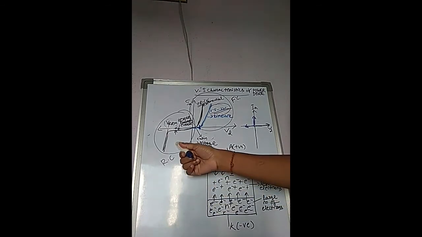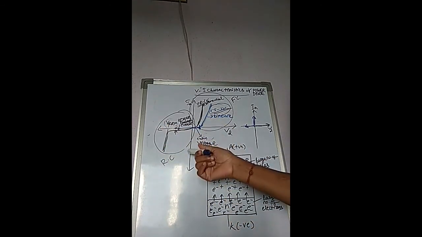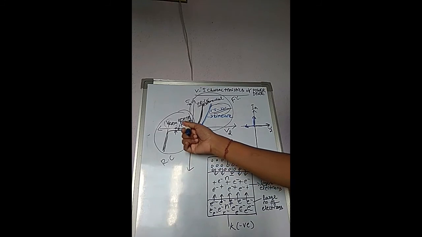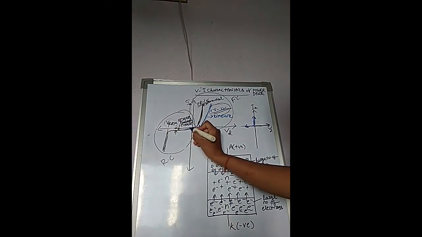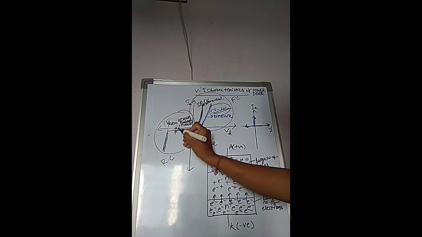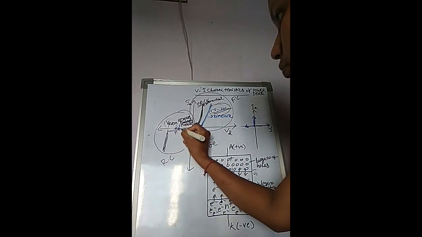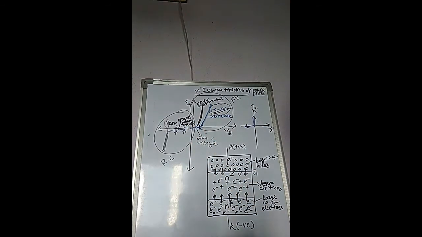So what happened in the reverse characteristics? I told you when cathode is positive with respect to anode, the diode is said to be in reverse bias mode. In reverse bias condition, there is a small leakage current, that is reverse leakage current. So this portion is the reverse leakage current portion.